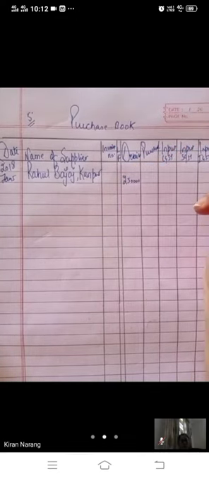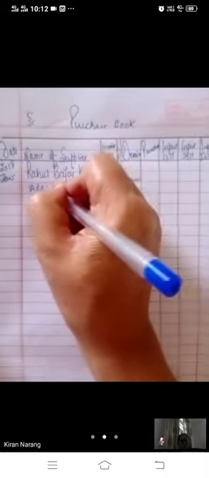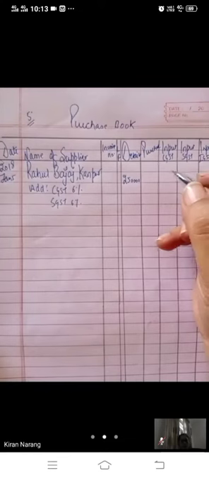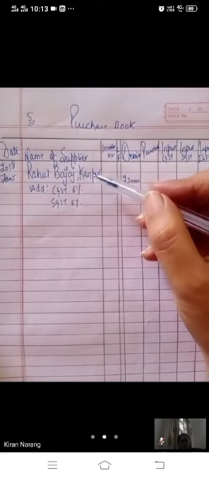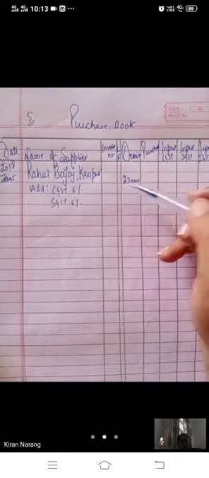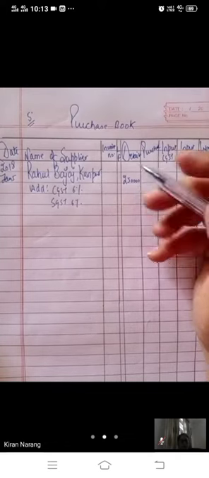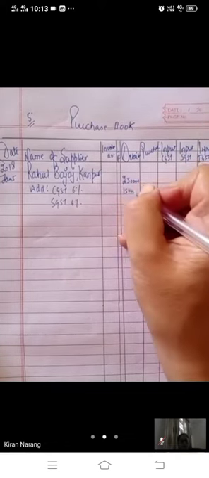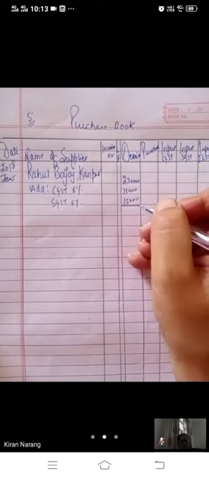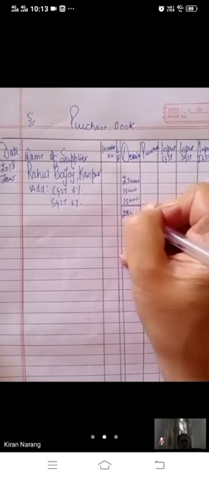No trade discount is given to you. What will you add? You will add the CGST and SGST, 6% each. You are from UP, Kanpur, and you have purchased goods from Rahul Bajaj, Kanpur, 2,50,000. 6% of 2,50,000 will be added as CGST and SGST. Now in total you have purchased 2,80,000.